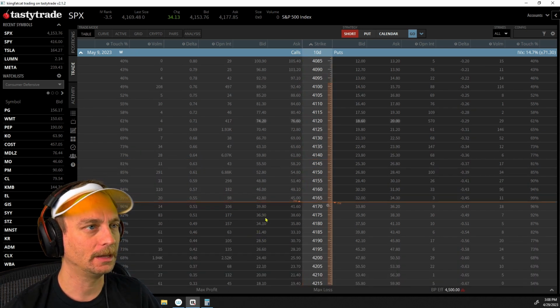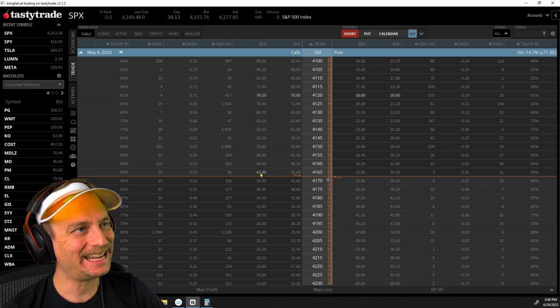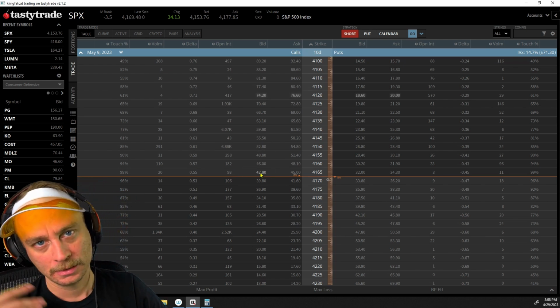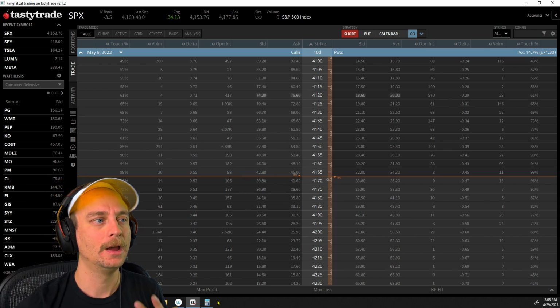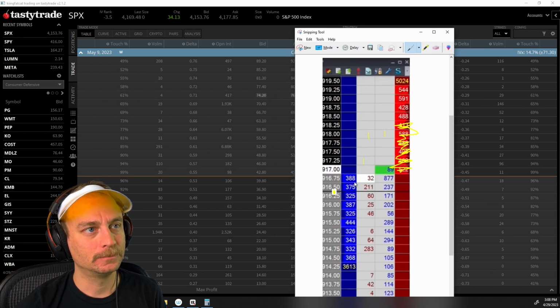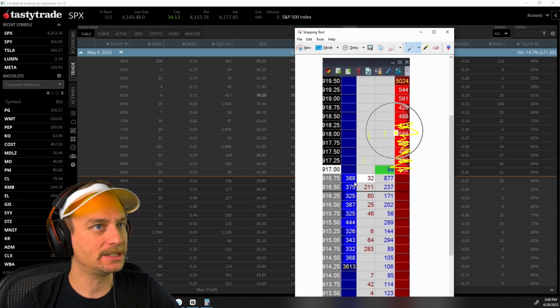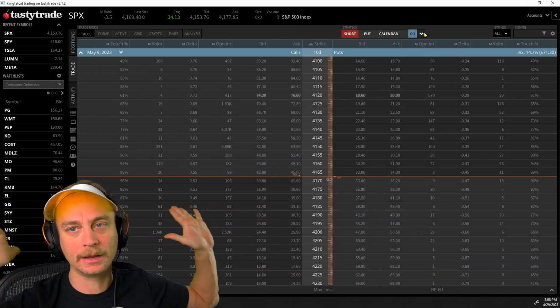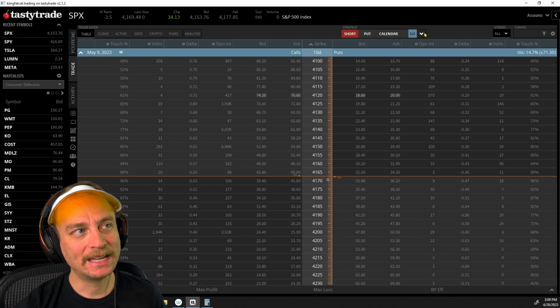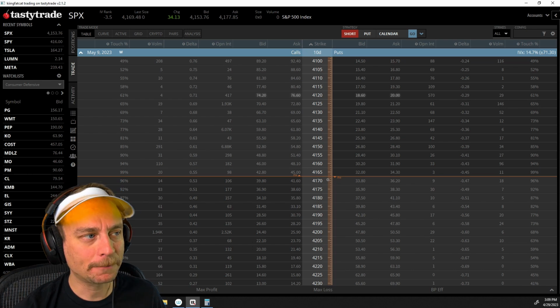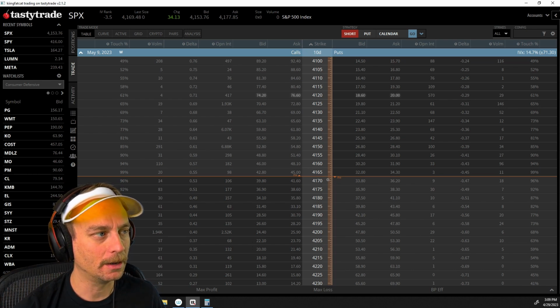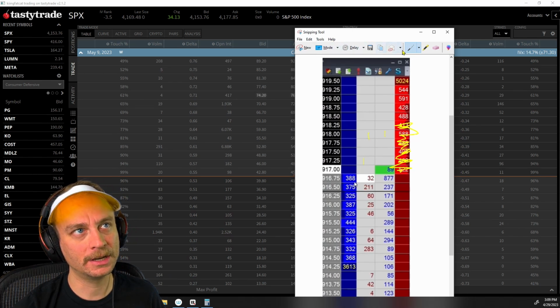Unfortunately, and then I can delete the leg. Okay, unfortunately, what we can't see is my queue position. Now, I believe on other platforms you can, and what we also can't see is level 2 data. We cannot see these bids, and we can't see these offers, and we can't see how many people are waiting at each of these prices. Okay, we simply can't see that. Now, again, other platforms you can, but Tastyworks is giving me top of book data. It's no different. Like, I see guys who trade DOMs on YouTube videos, and they're using literally top of book data because they have no idea what they're doing.